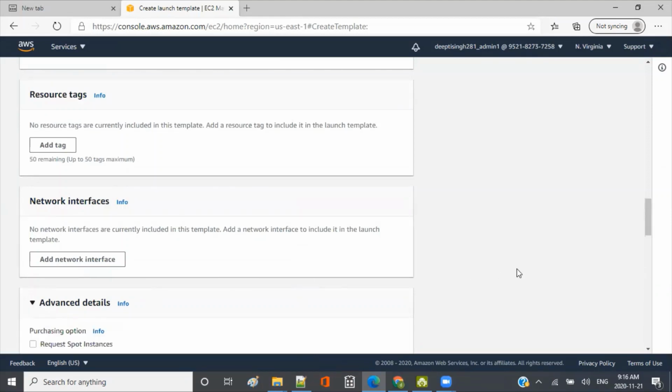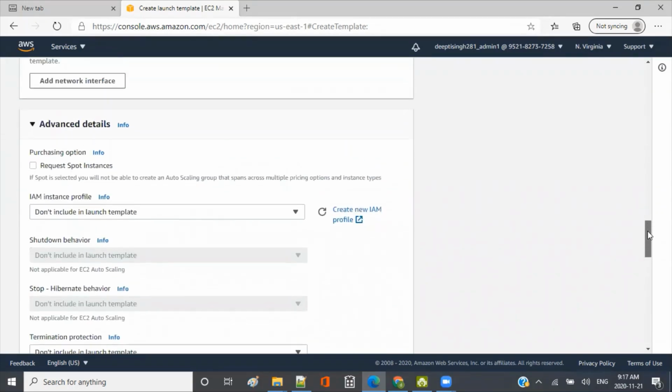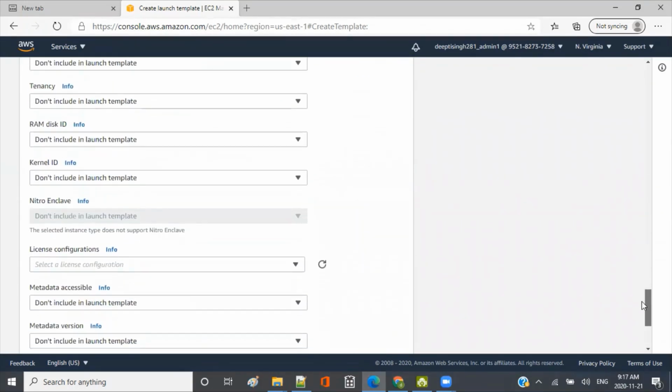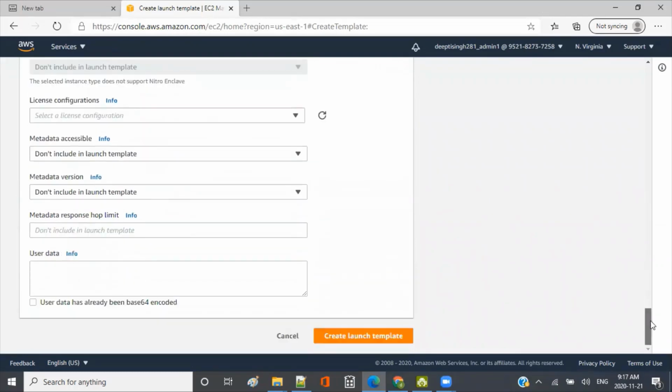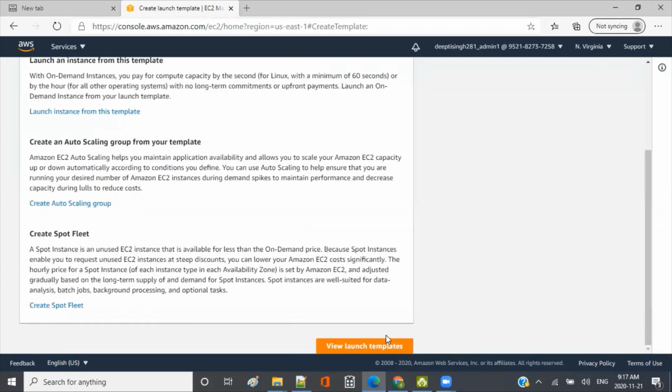Network interfaces I don't need, but in the advanced details you can see a few things here. Again, in the launch template you can also specify any further things, for example downloading something from S3 and then installing something. For this we don't need that, so we'll create the launch template.